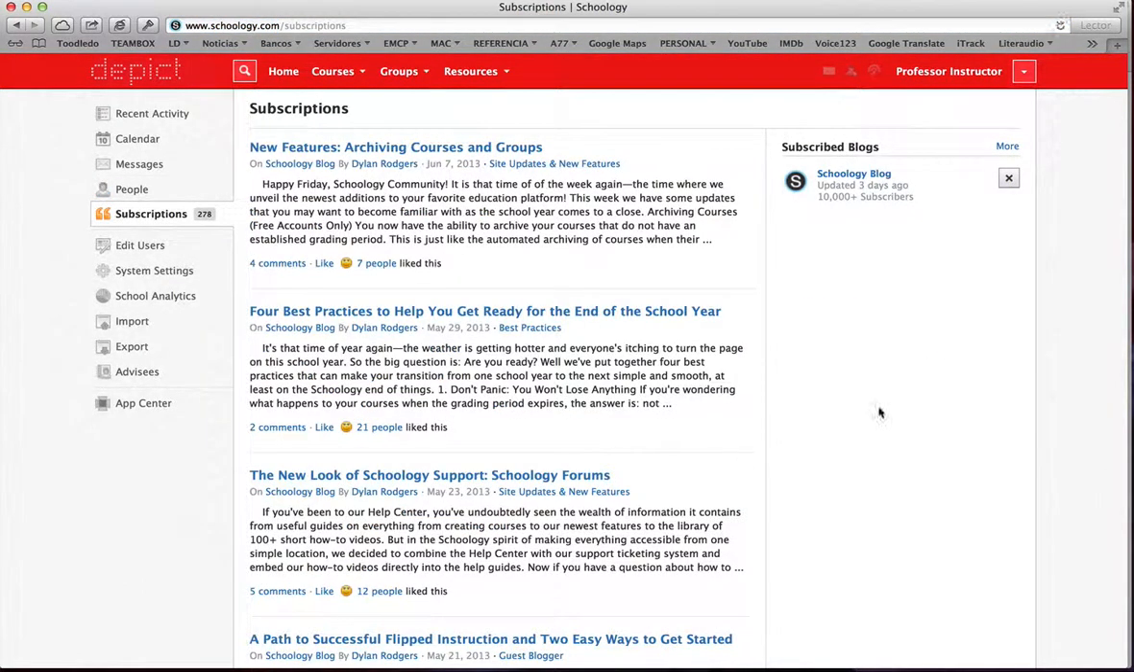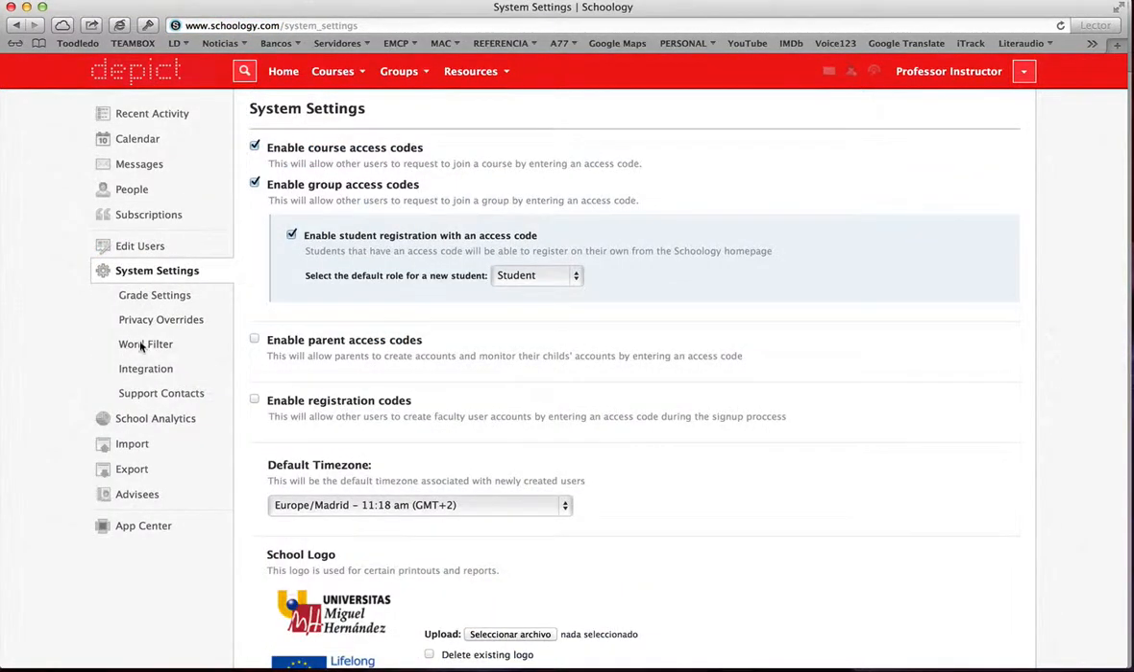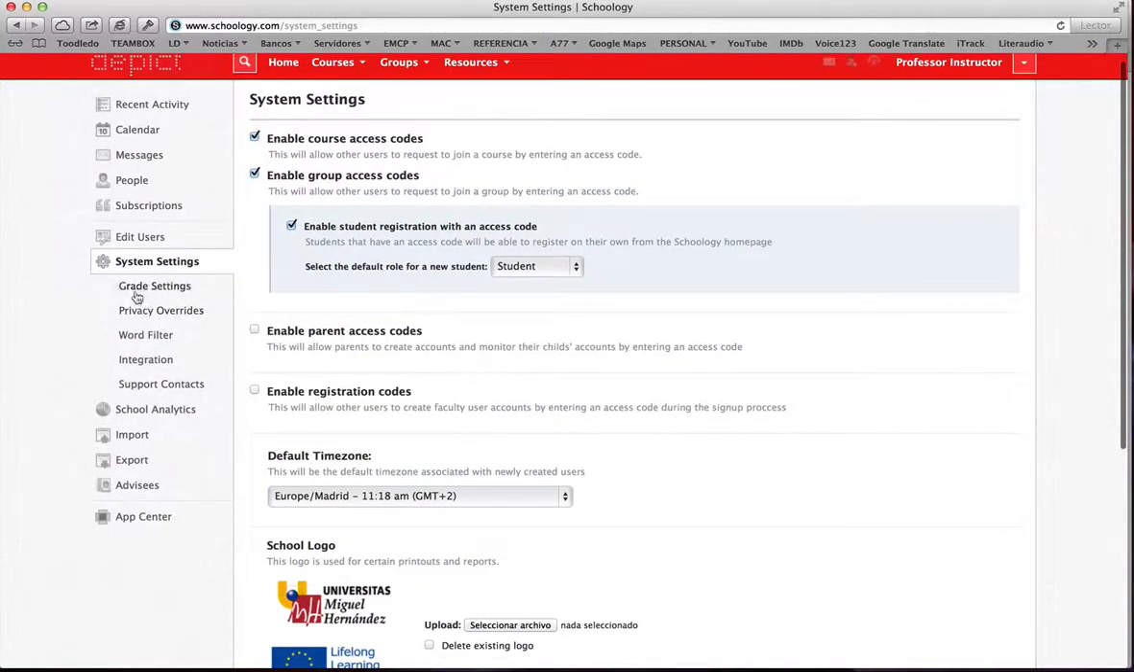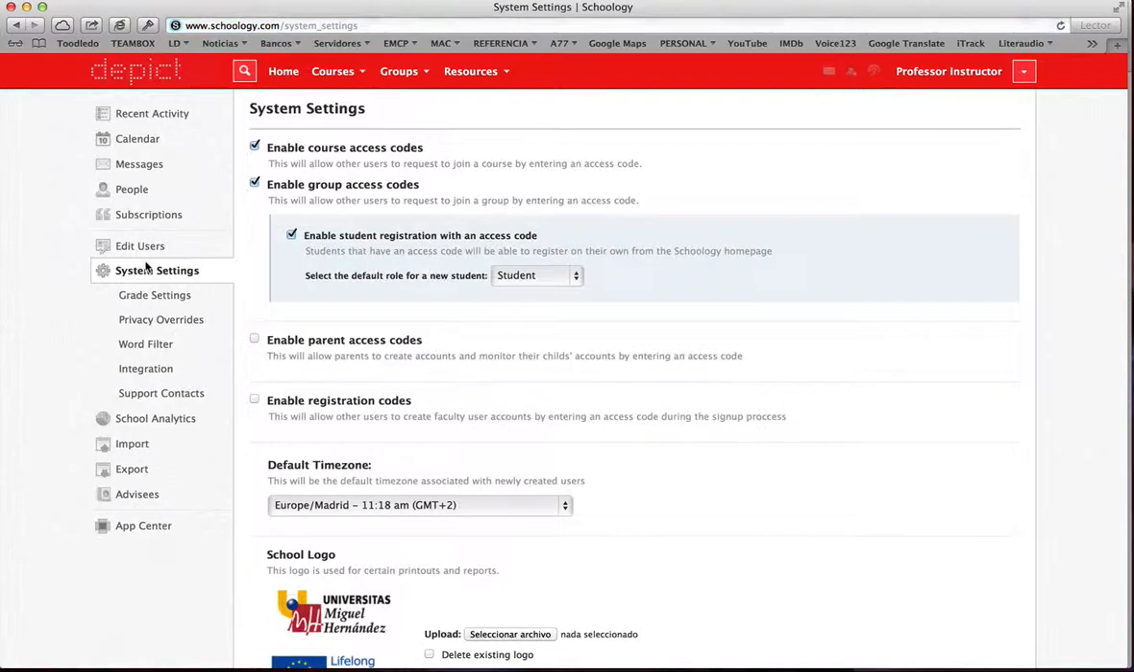And subscriptions, here you get many different blog posts from different accounts in Schoology. Under subscriptions you see a line, and here we have a few options for the school actually. And here there are also a few options which actually belong to the main administration of the course, so we'll forget about it. Basically what you will be doing then is working in this recent activity, calendar, message, people and